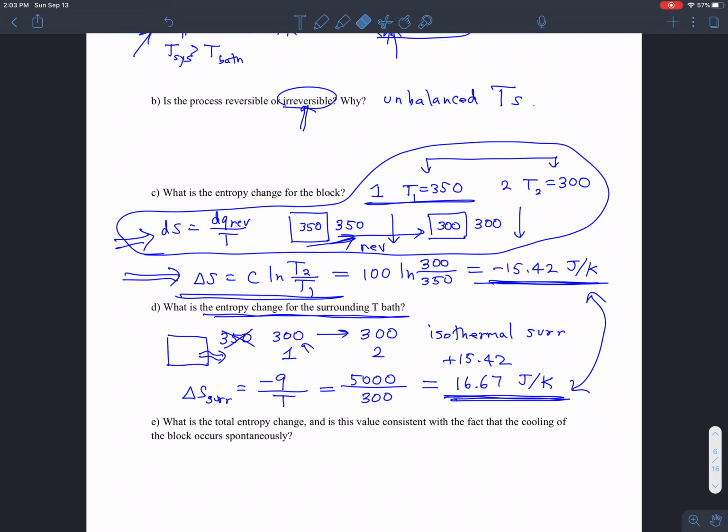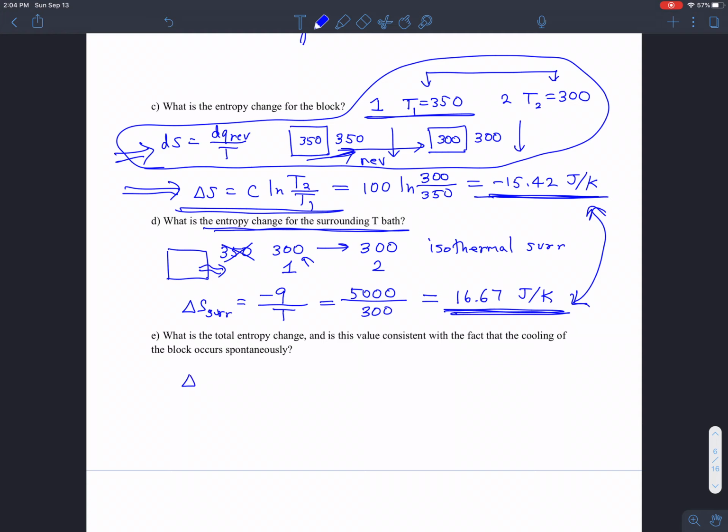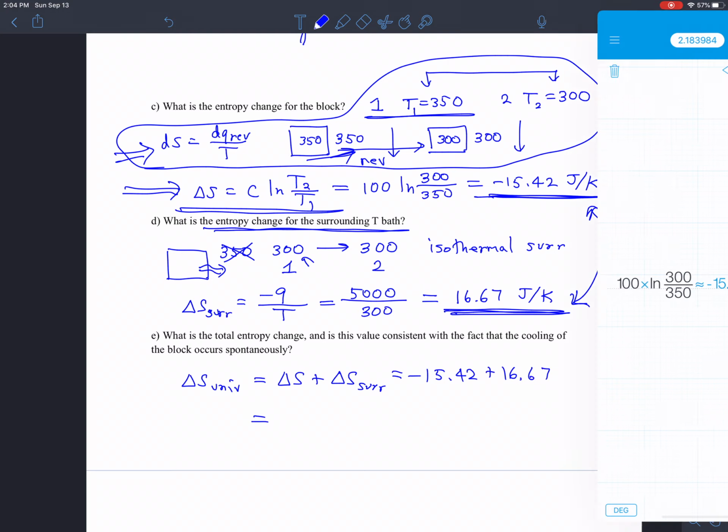For a reversible process, the entropy change in the surroundings is the same as the negative of the entropy change in the system. And remember, for a reversible process, what that means is that the total entropy change would be 0. For a reversible process, the total entropy change is 0. But this was an irreversible process, and we're seeing that the total entropy change is not 0. So now, what is the total entropy change? The delta S for the universe is the delta S for the system plus the delta S for the surroundings. That's minus 15.42 plus 16.67, and that is equal to